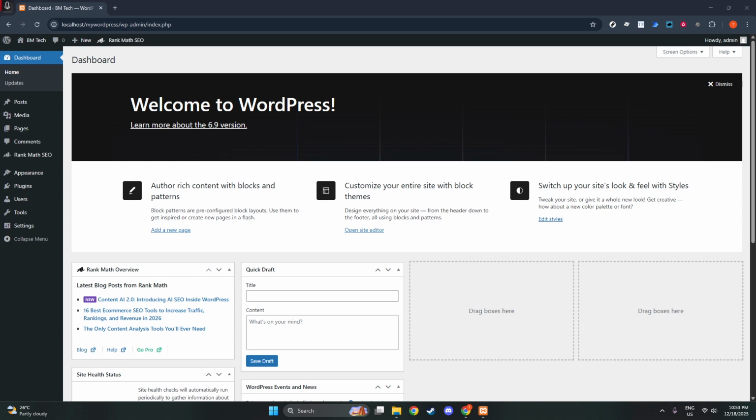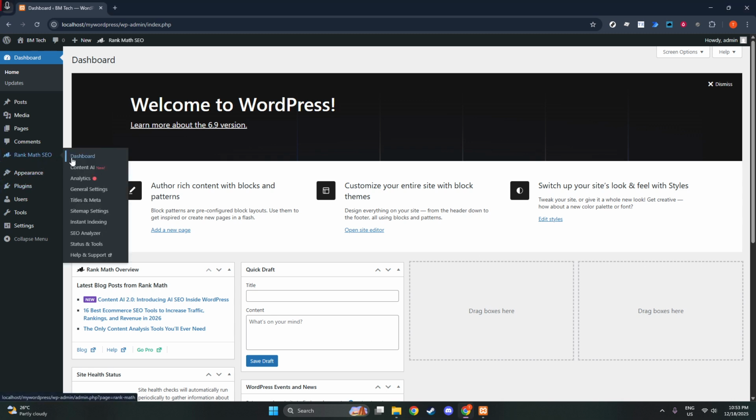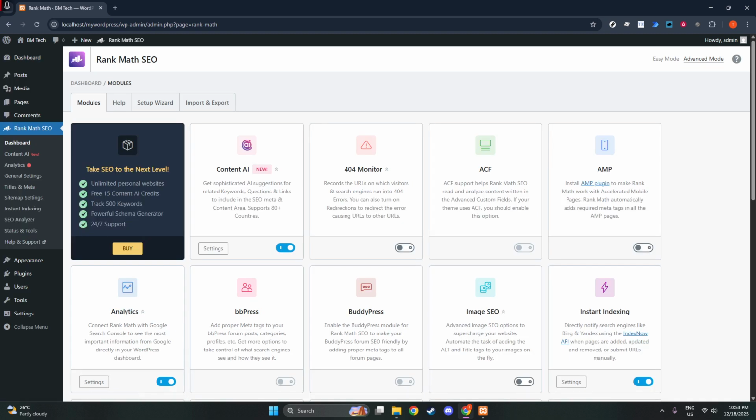First, you need to make sure Rank Math is in advanced mode, because the htaccess editor only appears there. In your WordPress dashboard, head to Rank Math SEO, then Dashboard. Look for the option to switch on advanced mode and make sure it's enabled. If you don't see the htaccess editor later, it usually means advanced mode wasn't turned on, so this step is